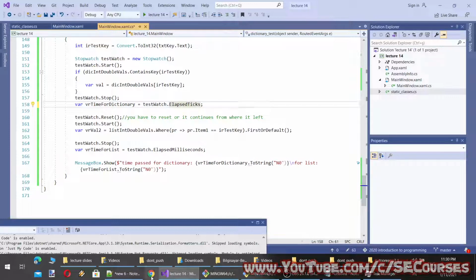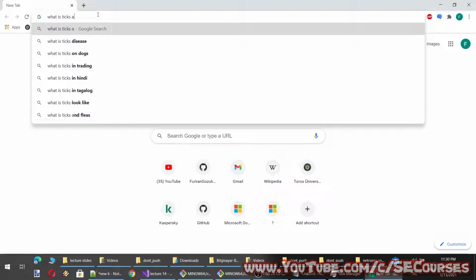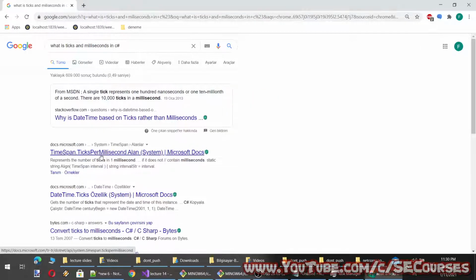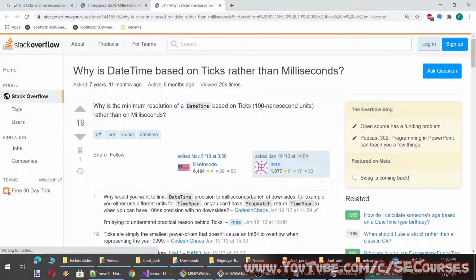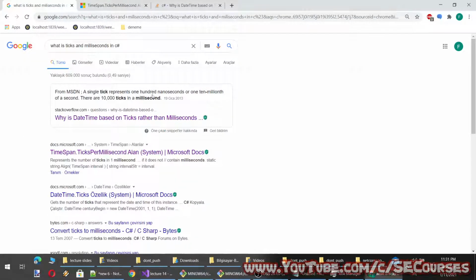Let's see what ticks are in the formal definition in C#. Okay, so a tick is a 100 nanosecond unit.